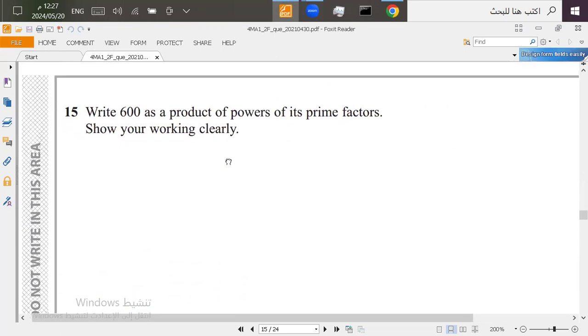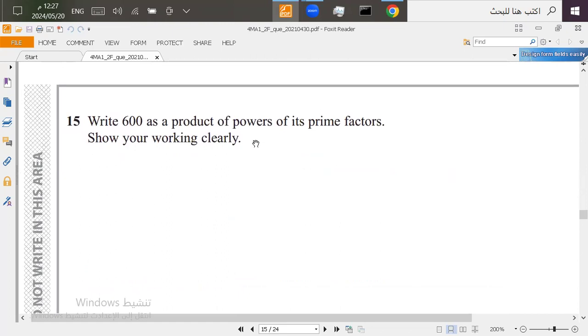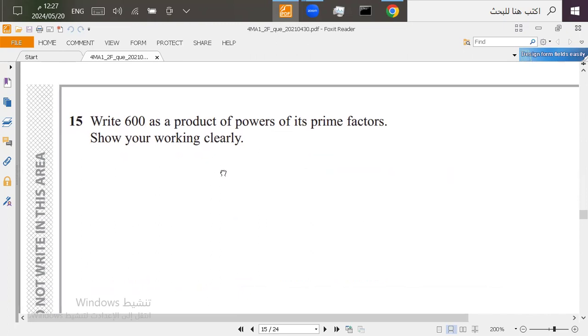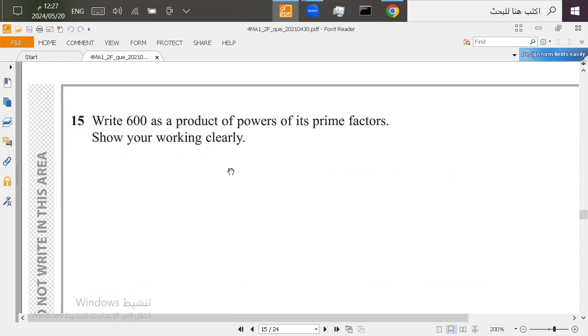Question 15. Write 600 as a product of powers of its prime factors. Show your work clearly. So this one means what? It means divide the number into its prime factors and write them as a power or a power notation. Now let's do this here. We're going to take the 600. So first thing we do, we're going to take the 600,